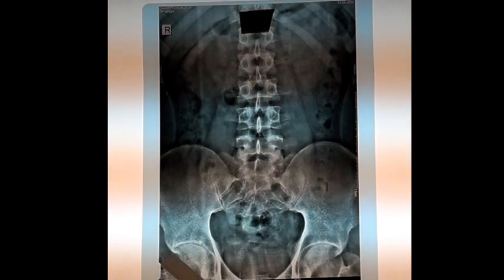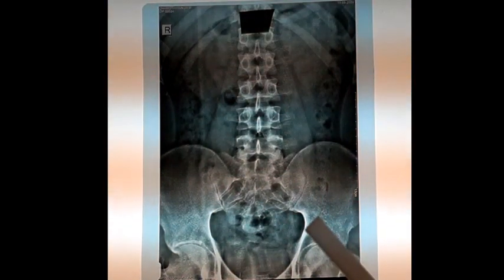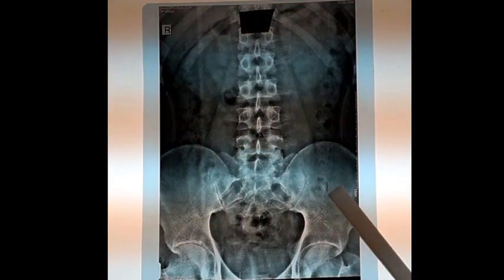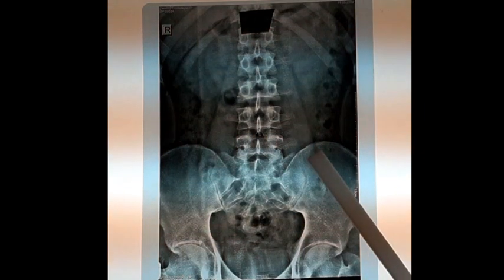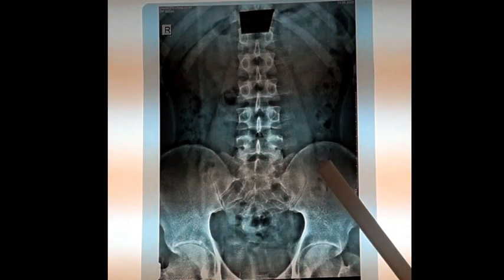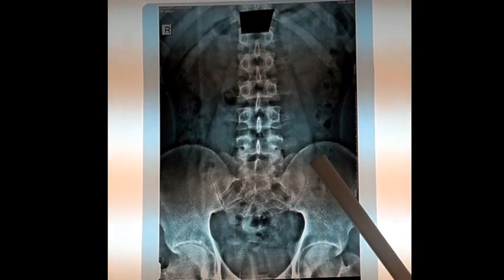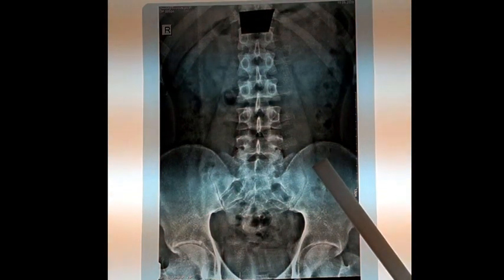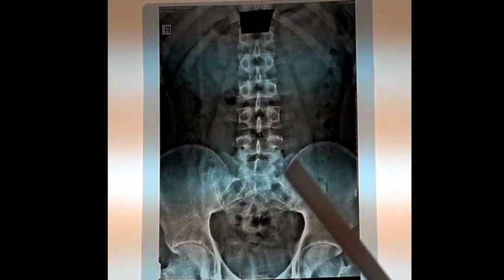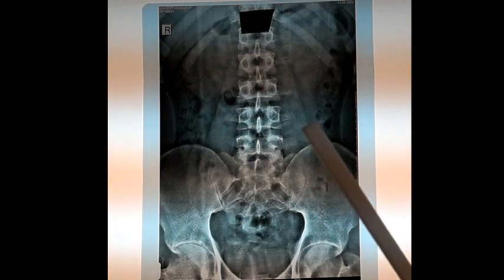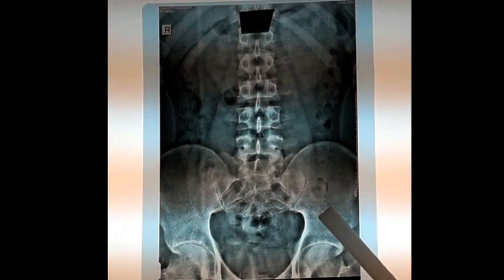Here is the plain abdominopelvic X-ray in antero-posterior view, and this X-ray is exclusively taken to see for the renal calculi or biliary calculi, and it is often done for emergency surgical diagnosing during any acute intestinal obstruction, paralytic ileus, rupture of hollow viscus, and it is taken after preparing the patient.